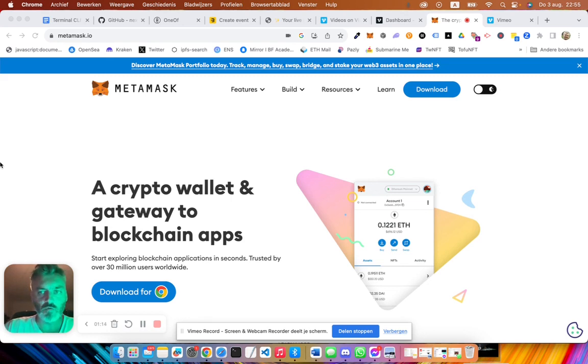MetaMask is a tool that connects you and your desktop or laptop with Web3. It makes it possible to connect to Web3 apps, and these are apps that are built on the blockchain.